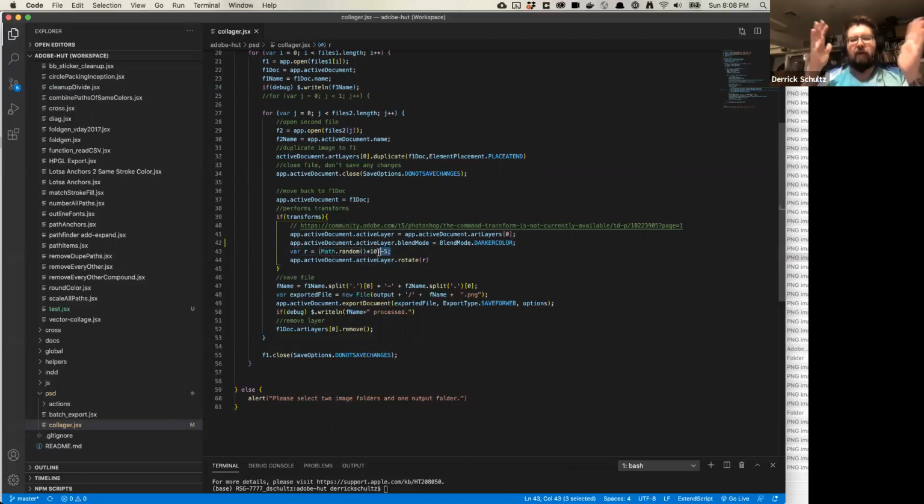So this is going to give me a random number between -5 and 5. And that is how many degrees I want to rotate this thing. Now, it turns out because this artwork isn't centered perfectly at the center of the page, rotation gets a little funky because it rotates from the center of the screen. So I had to make my numbers a little bit smaller than I might.